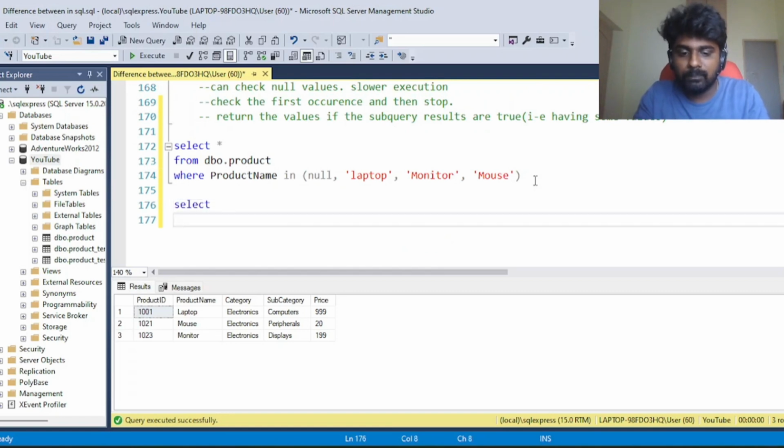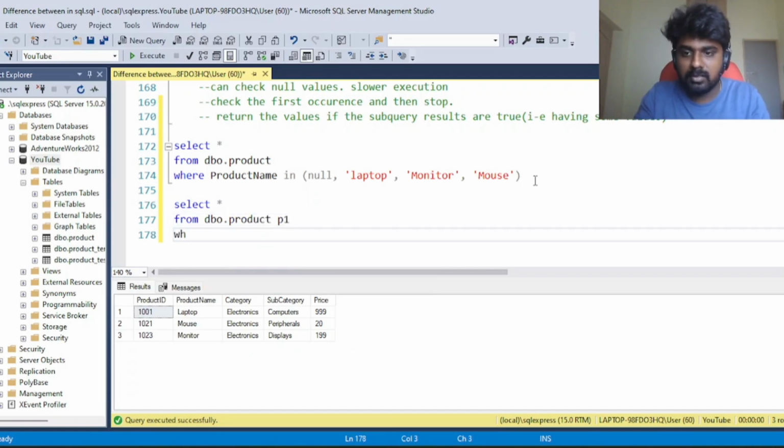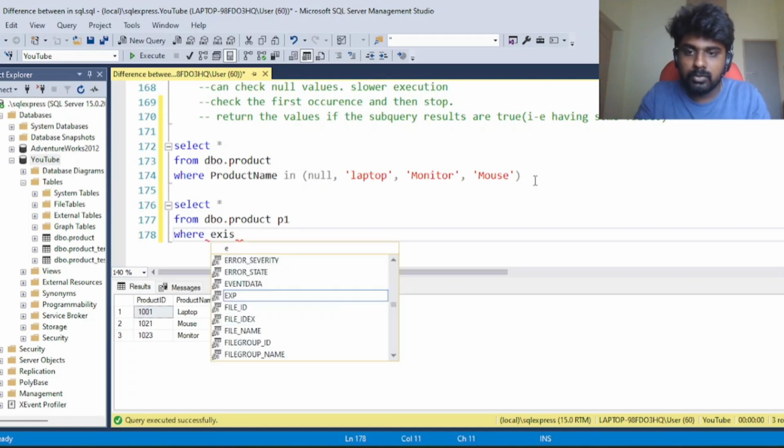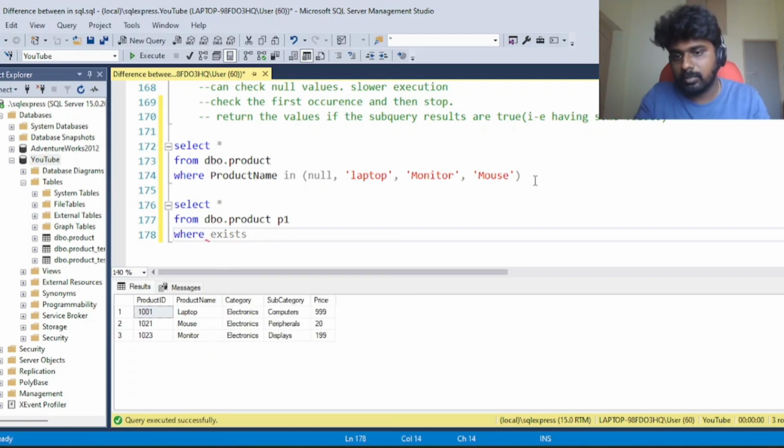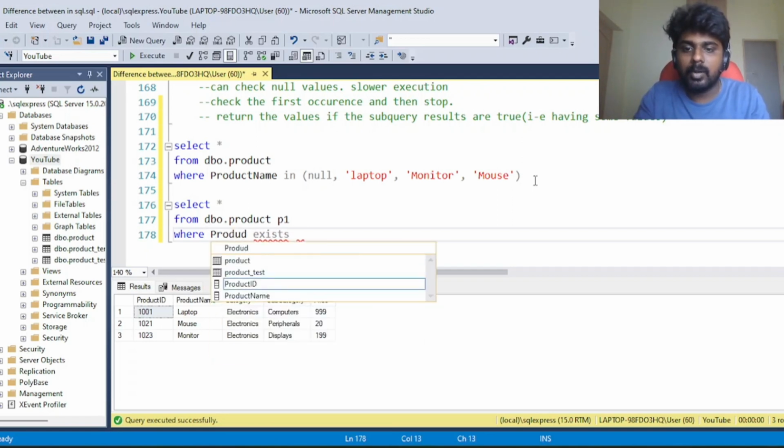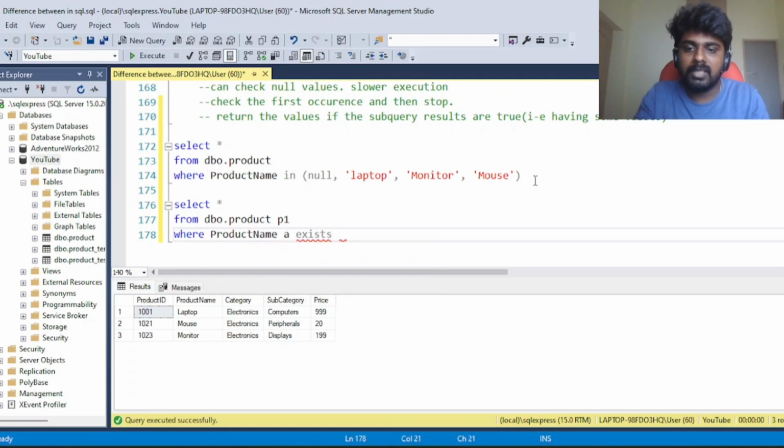Select star from dbo.product p1. I'm naming it as p1, where EXISTS can only be used with subqueries. So we can't directly give a column name here, like product name and then AND product name, and like this we can't provide. This will throw an error. Okay, so this EXISTS will work only in a subquery. EXISTS